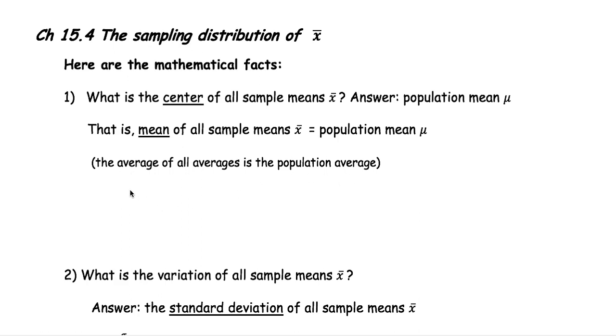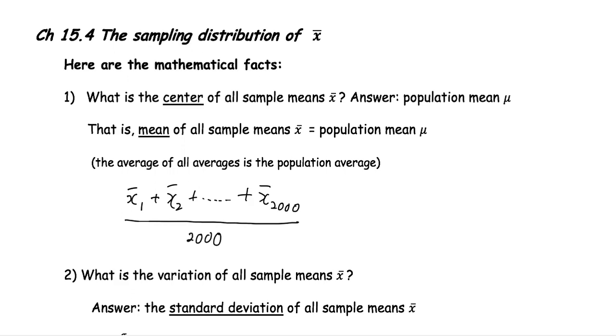Okay? So mathematically, that means that if we have a bunch of sample means, let's assume that we have, let's say, 2,000 all possible samples, 2,000 of them. If you average out these 2,000 sample means, what would you get? You would get back the population mean. This fact will come in very handy when we do our calculation. Okay, so this fact is pretty simple. Then the second fact is,